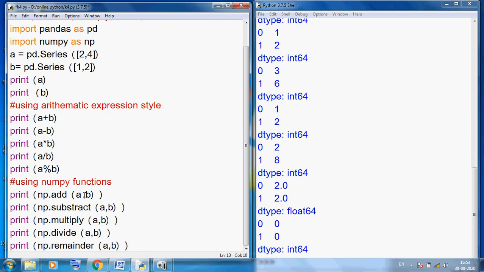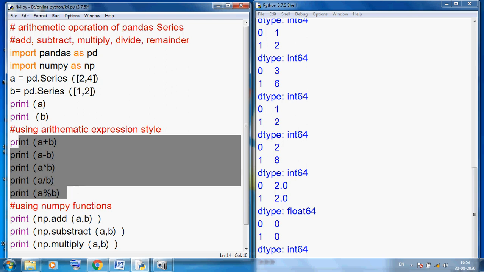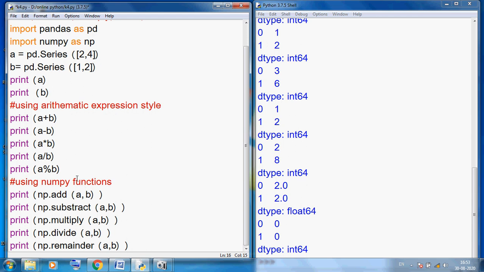Here, with the expression, we simply add two series, but here I am using a function, and the output of both codings will be the same. Control S, F5.